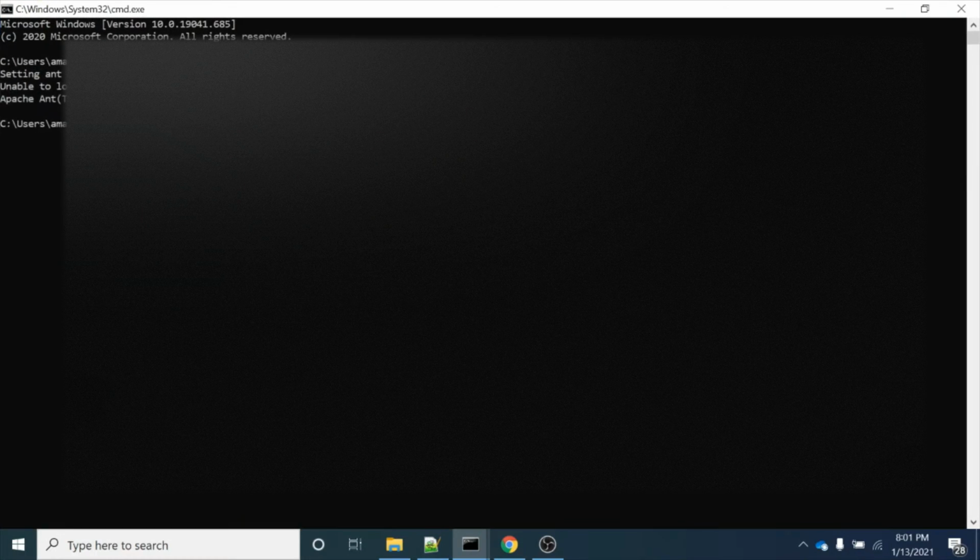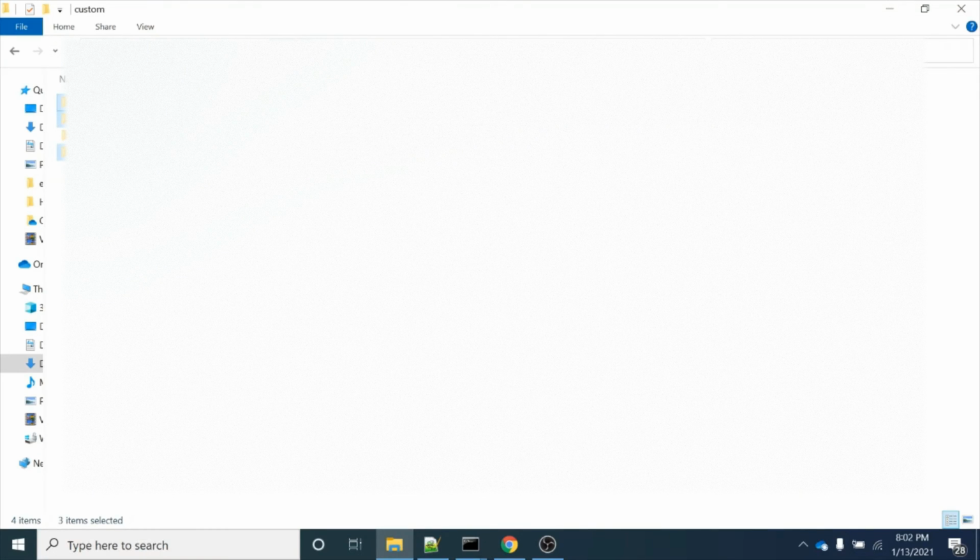So firstly I will be firing the command setantenv.bat to set the ant environment. So I have fired this command. Then I need to fire another command, which is ant extgen. So what will this command basically do? If I go back to the platform folder, here we have the extgen folder, you can see. So what it will do inside, if I go to project.properties,